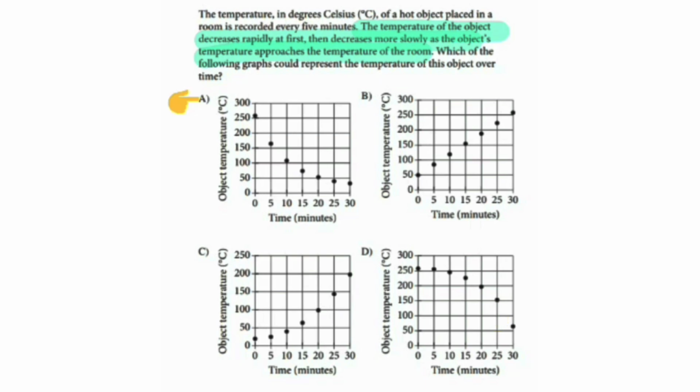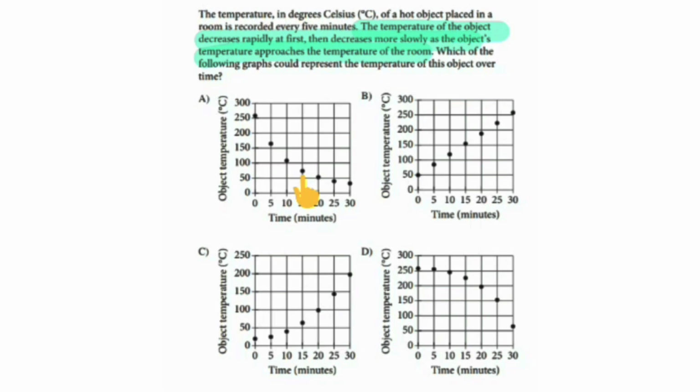So see graph A. Initially the temperature is 250. Then after 5 minutes the temperature is between 150 and 200, closer to 150, maybe it is 160. Then the temperature reduces to close to 100, maybe it is 99. After 15 minutes the temperature is closer to 50,